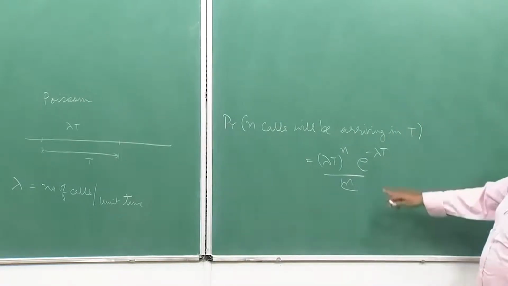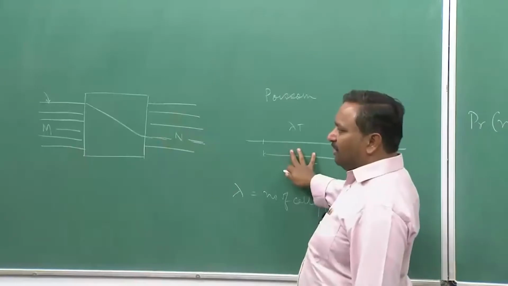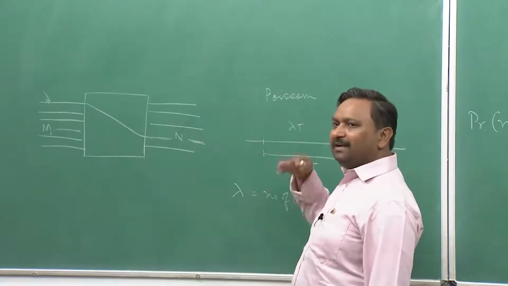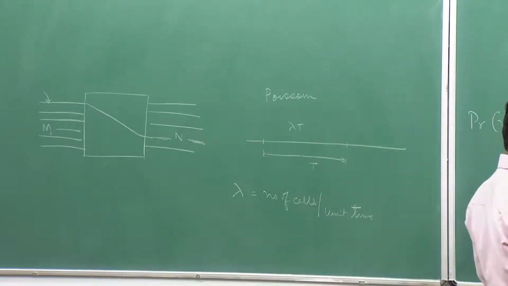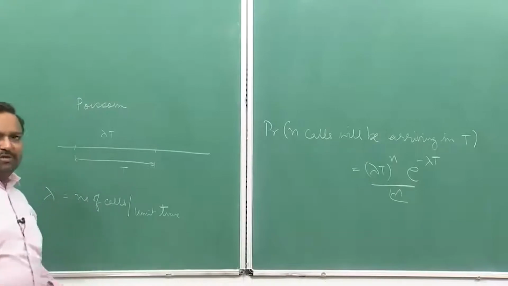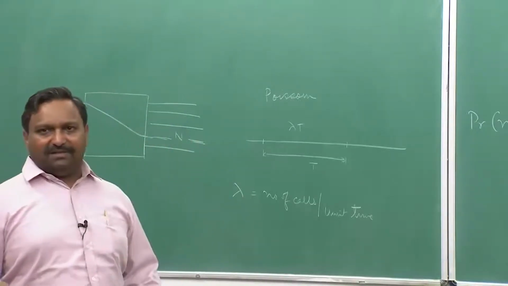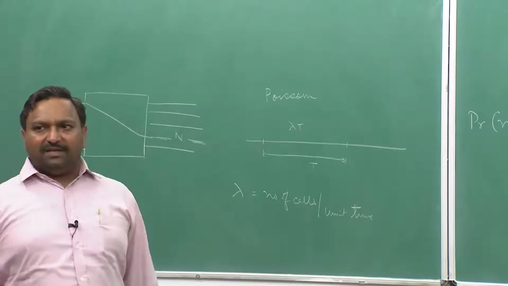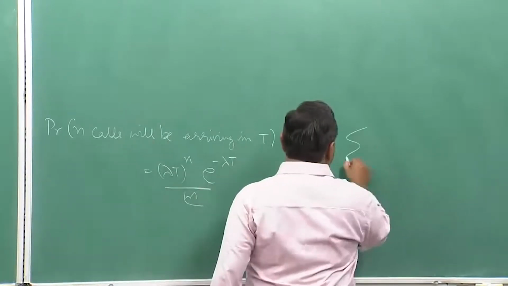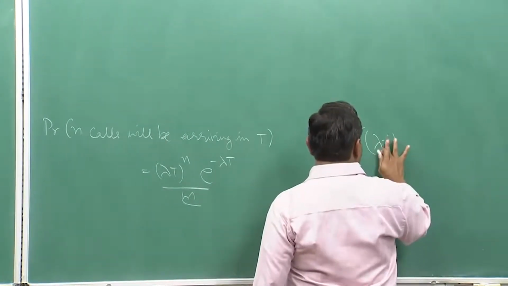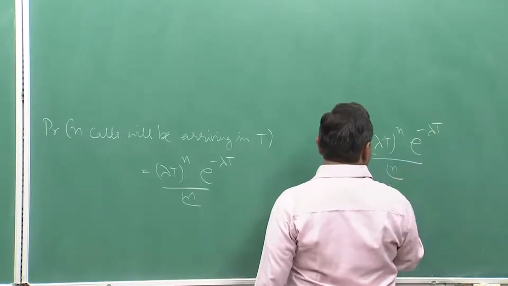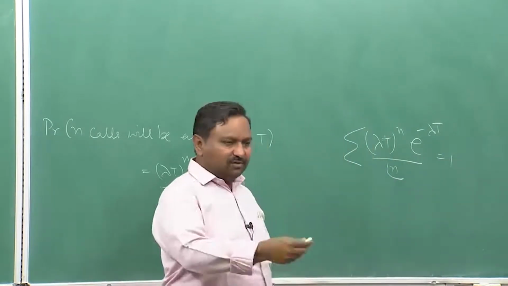Okay. So if you look for the probability of no call arriving here, the probability of one call, the probability of two calls arriving in time t, and so on, these are all mutually exclusive events. So when one call is arriving within time period t, two calls will not be arriving. When two are arriving, one will not be happening. When I sum up all the probabilities, they should be equal to 1, which implies that the summation of (lambda t) raised to the power n, times e raised to the power minus lambda t, divided by n factorial, should be equal to 1, which is obvious because